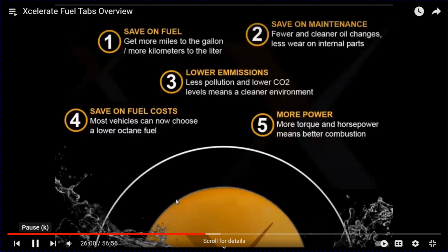So again, saving on fuel, you're going to save on maintenance, lower emissions. You save on fuel costs. Although this does not raise the octane, it acts like a product that raises the octane because it has an anti-knock property, and because it's an anti-knock product as well, you're able to lower the grade of octane as long as it doesn't conflict with what your maintenance suggestion is from your